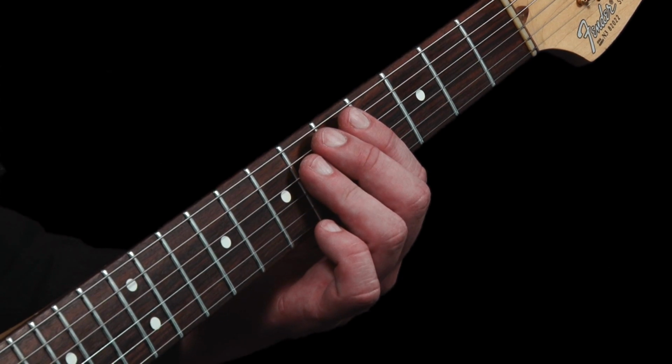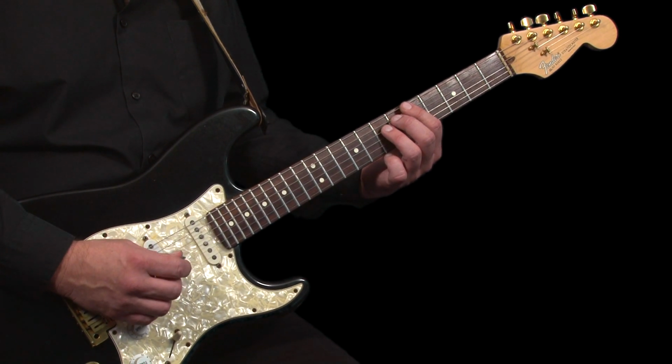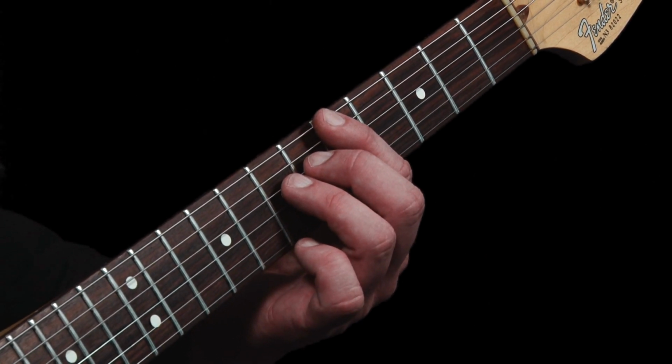Please use 1st and 3rd fingers of your fretting hand for this. Let's try this through 4 times. After 4, 1 and 2 and 3 and 4 and...